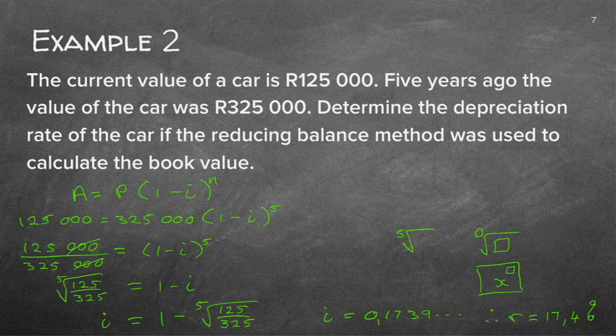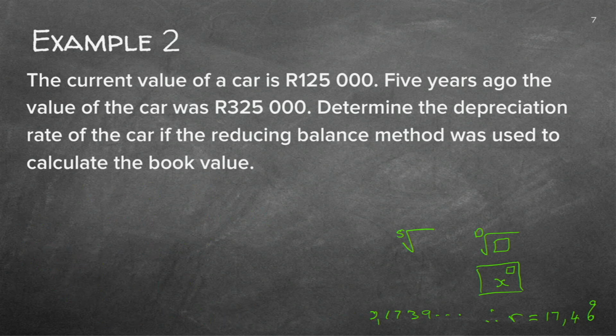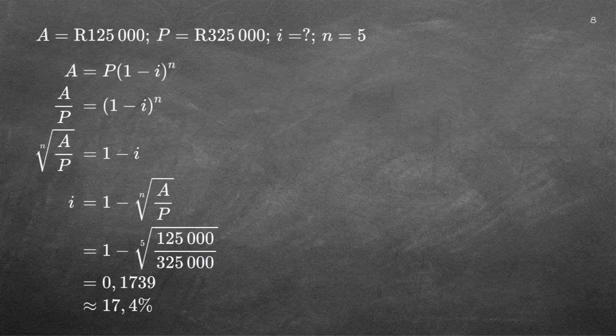By now, I'm sure you should actually be able to do all of this with your eyes closed because it's all just the same. On the next page, you'll find the answer. Again, you see that approximate sign there. It means you've rounded off. So it's not the exact figure, but it's fine for our purposes.